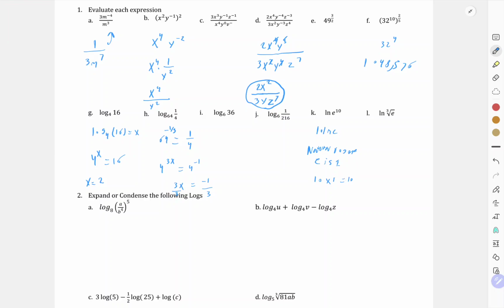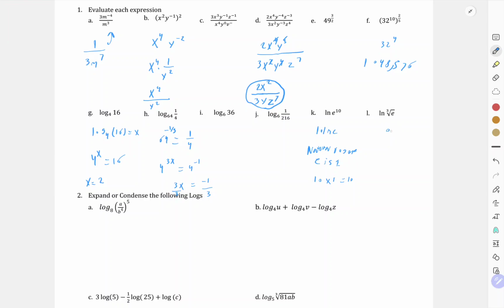That's so confusing. But hopefully this will clear up some things for people who are actually trying to learn this. Alright, so ln of the cube root of e. I don't think there's any good way to explain this. I think the only thing I can say is that this is